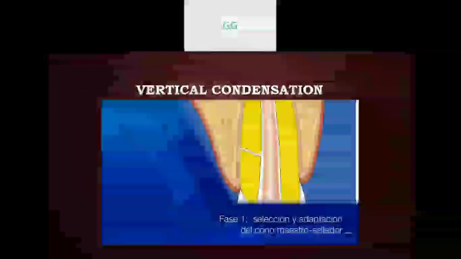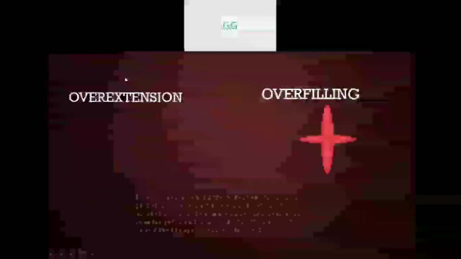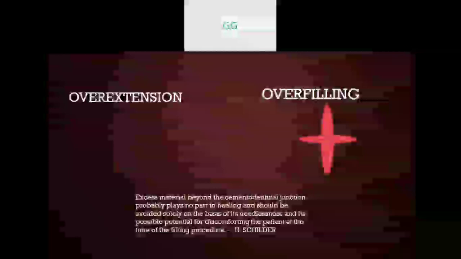If we go back to the previous slide, we can see the taper that has been created is a very gradual one. If the taper is of this kind, only then can we contain the resistance form of the endodontic obturation. That is why the tapers are created, so that the length control of the obturation can be maintained. If this is not done to a gradual taper and it is in a straight or parallel form, the GP will go straight out and the sealer will also extrude into the periapical spaces. So this is the concept of overextension and overfilling.